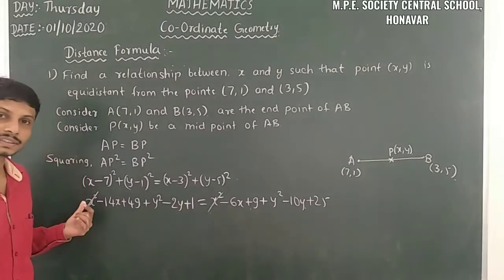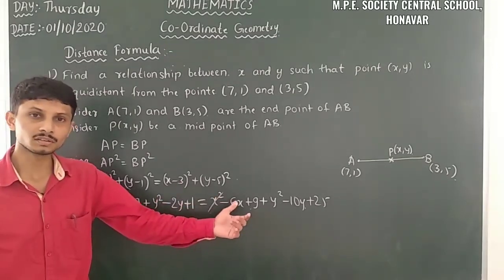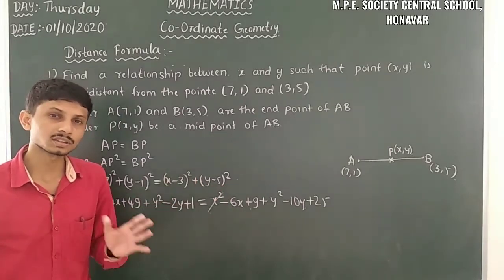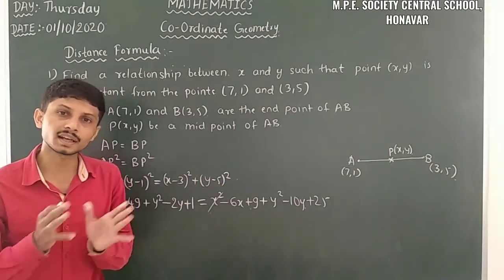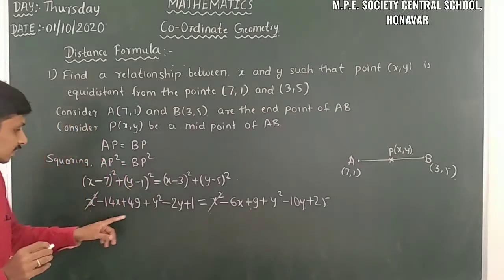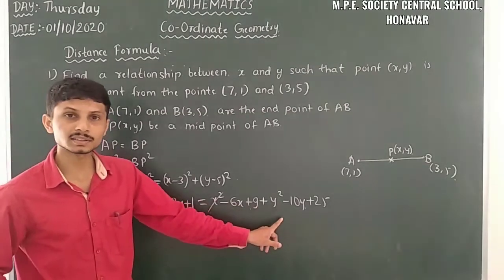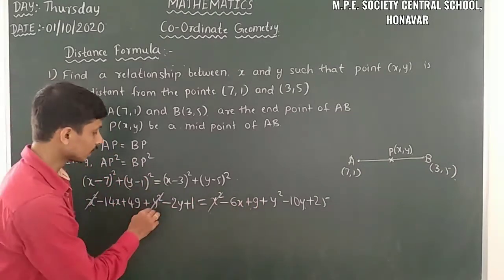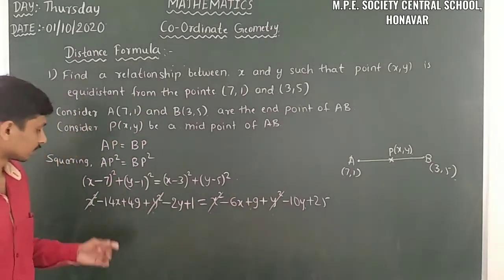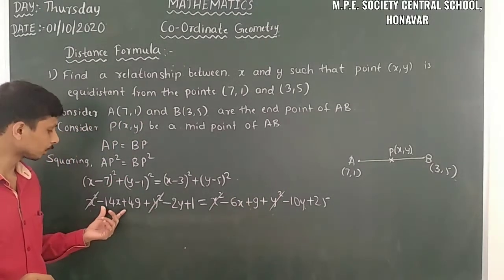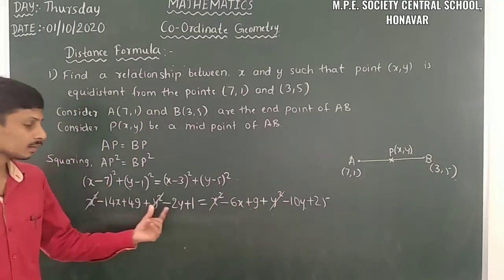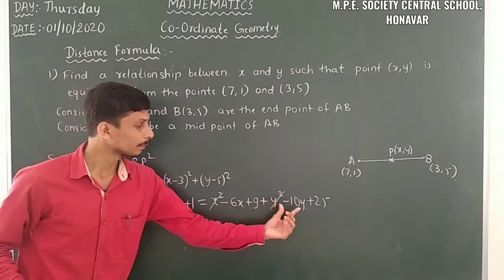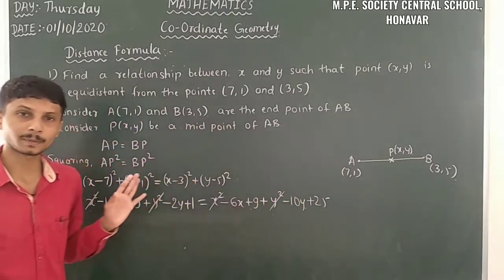When it is minus here, after transposing it becomes plus x square. Then it won't be cancelled. So just remember what signs you have in this case. So yes, here y square is there, here y square is there, here plus y square, here also plus y square. After transposing, it will get cancelled. Then yes, here minus 14x is there, plus 49, minus 2y plus 1 and minus 6x plus 9, minus 10y plus 25 remains here.